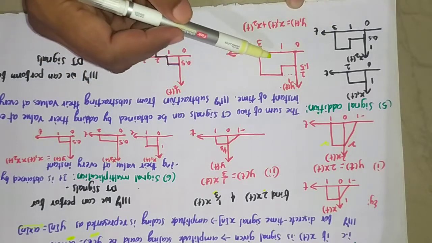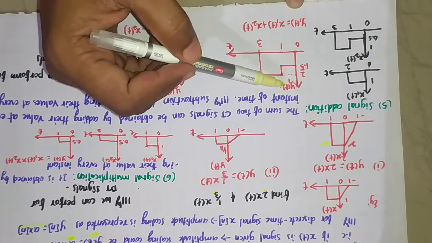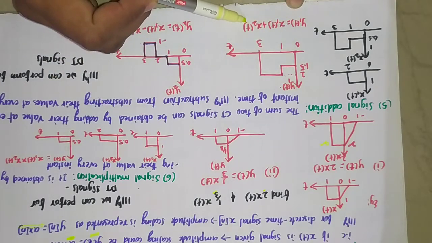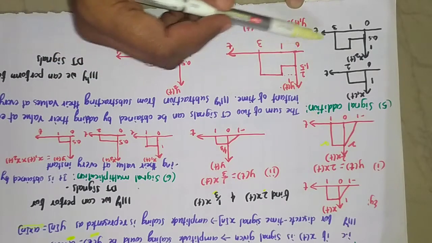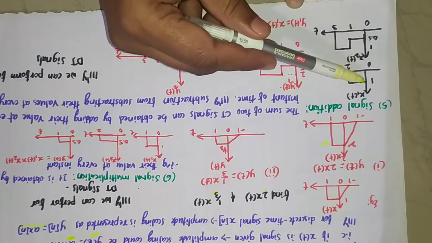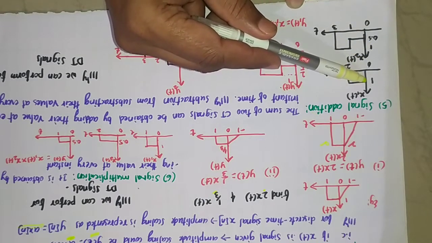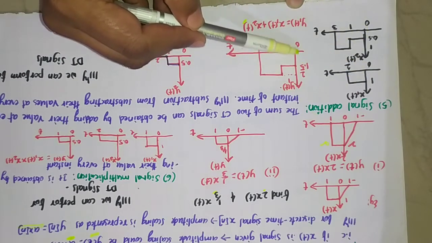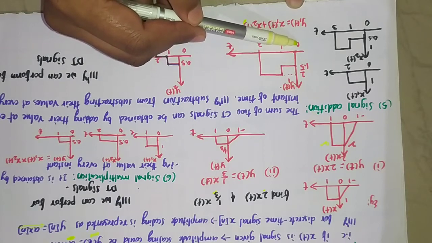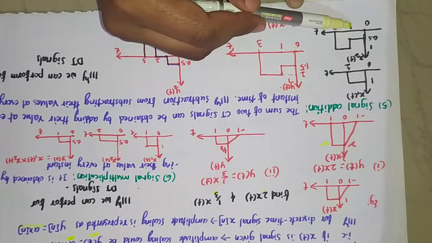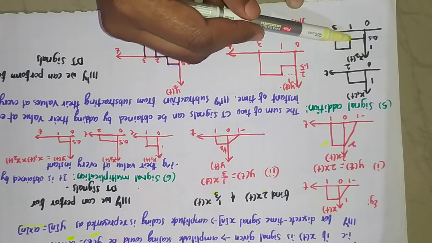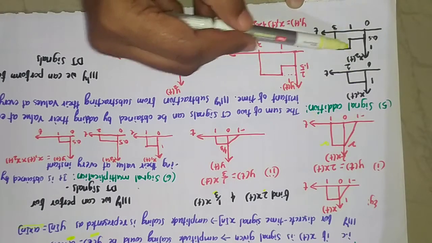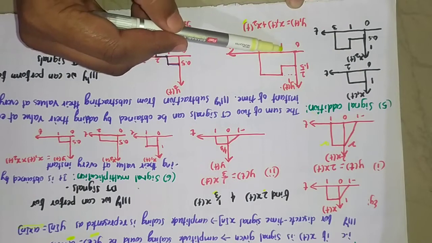Okay, so how will that be? Look at this graph. Here I will call it y1 of t. This y1 of t is nothing but x1 of t plus x2 of t. So what we will do, at the 0th instant of time in both signals we will observe what their amplitude is. Amplitude of x1 of t is 1 and amplitude of x2 of t is 0.5. So when we add both, it becomes 1.5. So in y1 of t we can see at 0 instant it is 1.5, and at 1 we still have 0.5 in x2 of t. But what about x1 of t?